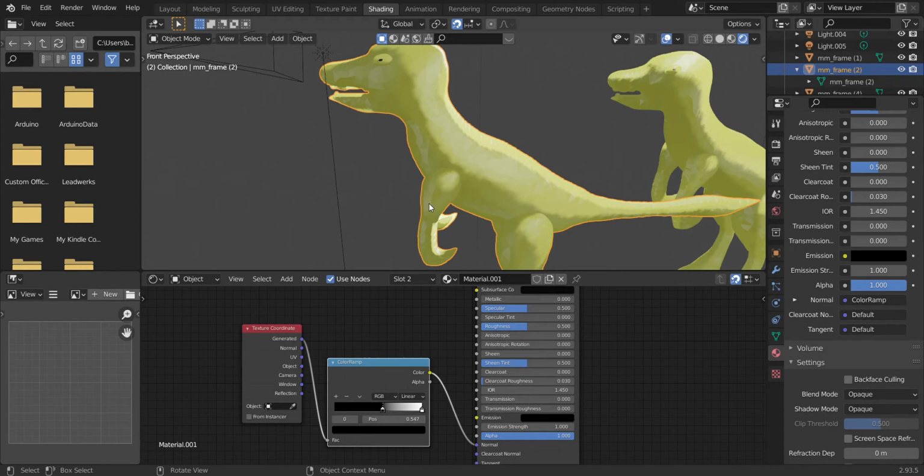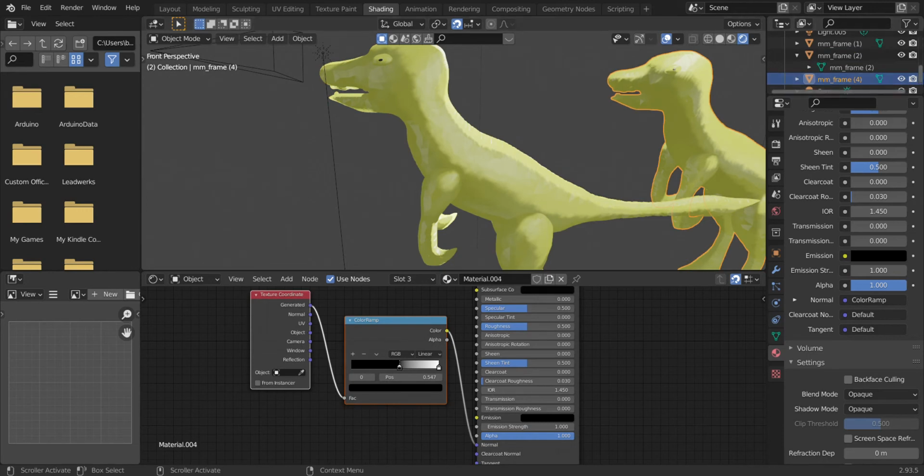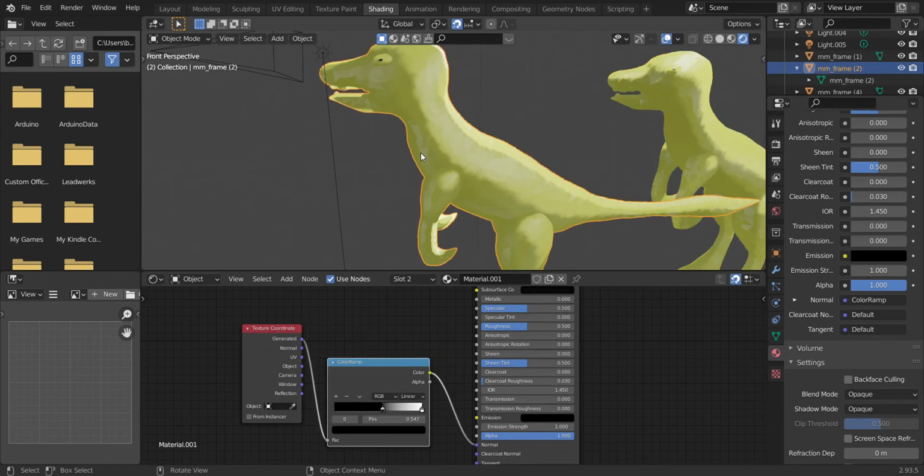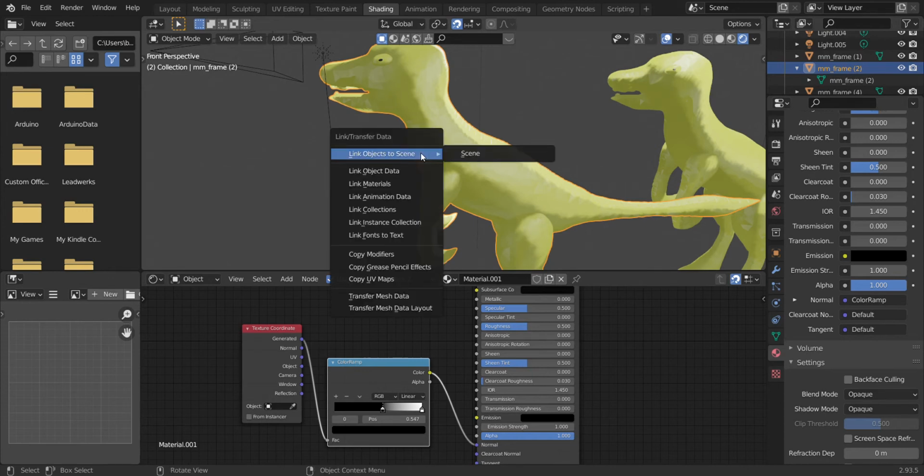So remember how I said in edit mode, in order for you to select an object, you press on it, and then you press CTRL and L to select it. Well, if you were to do it in object mode, so you selected the raptor, there's no way how you can select part of the raptor in this mode. However, let's say you wanted to transfer the characteristics of this raptor, frame 2, to this raptor, which is frame 4,